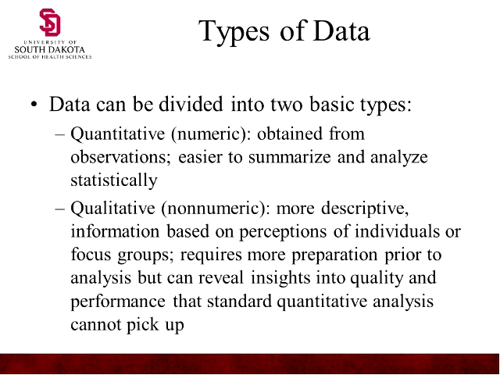Now let's look at the types of data. Data can be divided into 2 basic types, and we're going to get a little more statistical analysis here as we look forward. We have quantitative data and qualitative data. Quantitative data, you can think of as numeric. It's obtained from observations. It's easier to summarize and analyze statistically. It's usually a quantifiable number, 20 over 100 or 10 over 50 or something. And so it tells you that we saw 50 patients yesterday because we ticked them off, 50 patients, and there they were. Qualitative is different.